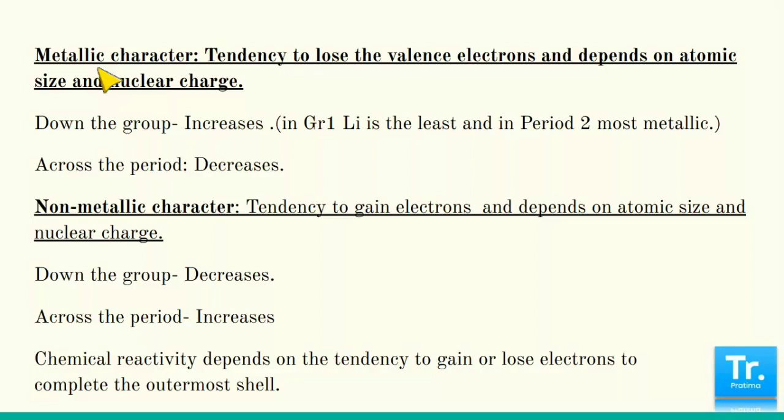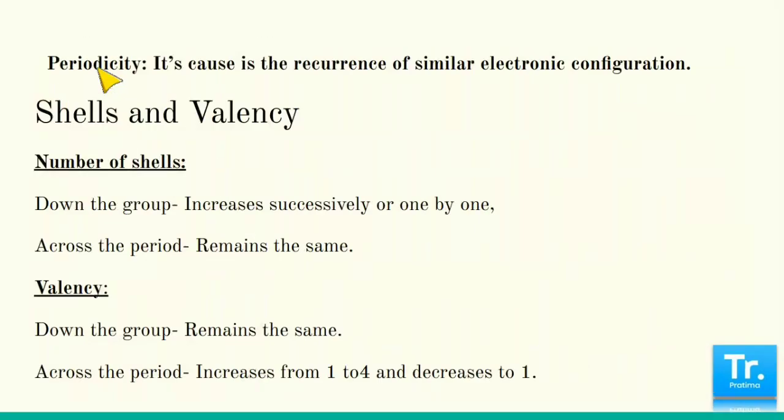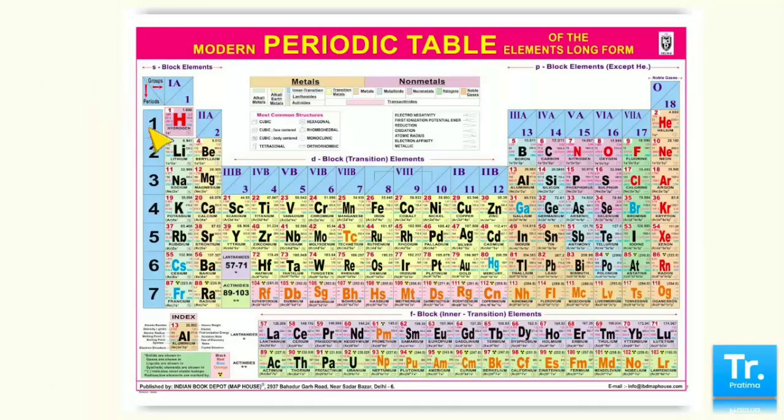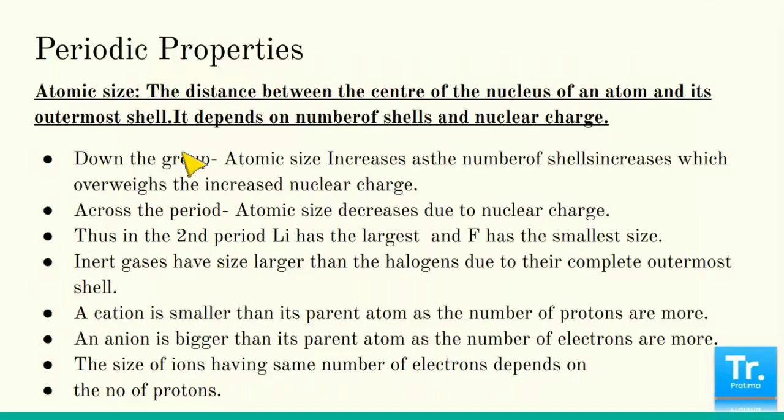So, suppose I give you one example over here. If I take up a group, like I just showed you the example of a period: lithium, sodium, potassium, rubidium, caesium, the metallic character increases. So less metallic, more metallic, maximum metallic. When I go across a period, the metallic character decreases, so most metallic. This was what I was trying to explain in this part of my explanation. So the next topic, let it be